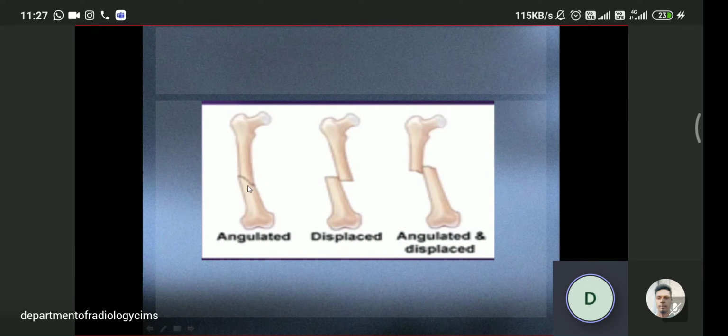How can you write this? First, non-comminuted. Second thing, undisplaced, but meanwhile it is angulated also. So non-comminuted, undisplaced, angulated fracture of the shaft of femur. Okay, this is displaced. So again non-comminuted, displaced fracture of the shaft of femur. This is angulated means what? It makes one angle here. The angle is totally disrupted. Here they are corresponding to the same line. No? Here they are not corresponding to the same line, so it is angulated and displaced.